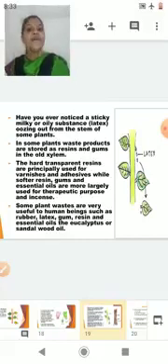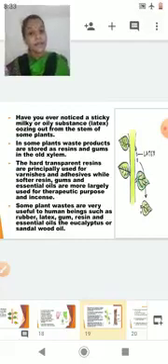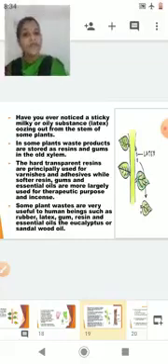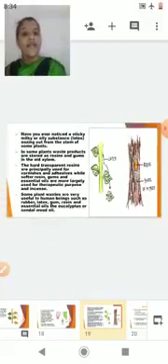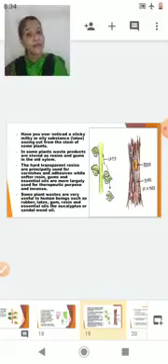Now some plant wastes are very useful to human beings, such as rubber, latex, gums, resin, and essential oils like eucalyptus or sandalwood oil. All these are excretory products, but human beings use them for their own purpose, for the production of incense sticks and some therapeutic purposes. So students, this marks the end of the excretory product in case of plants. I should not say system because they don't have a system.